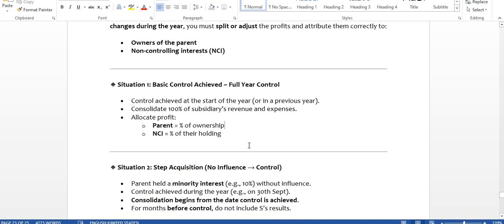So situation one can be that we have basic control achieved, that is full year control. Now, when it is a full year control, it means that control is achieved at the start of the year or in the previous year. All right, so if we have a full year control,